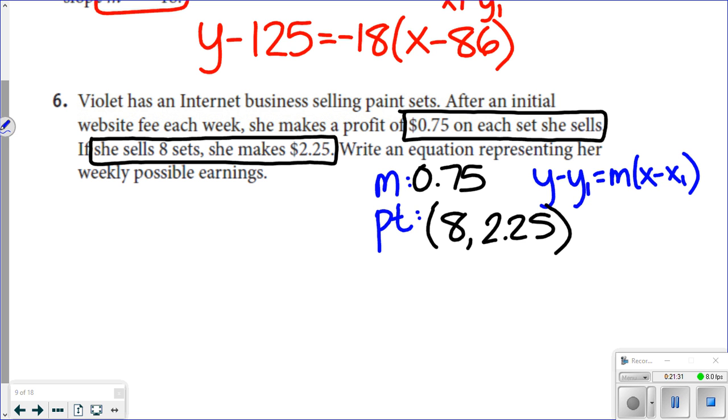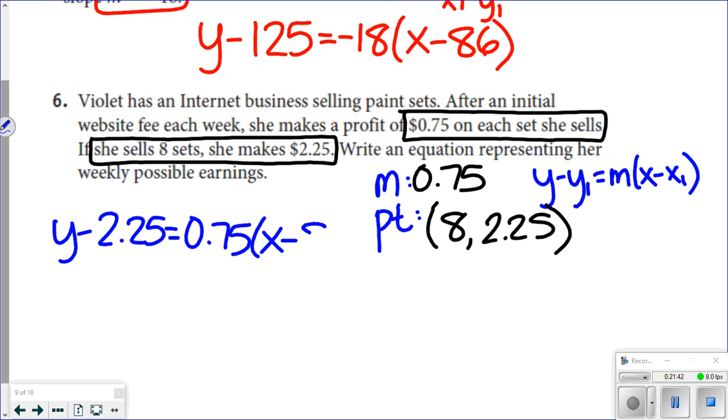So writing it out, y minus 2.25 equals slope x minus 8. Hopefully point slope is starting to make sense to you. Again, if it helps, always take time to label